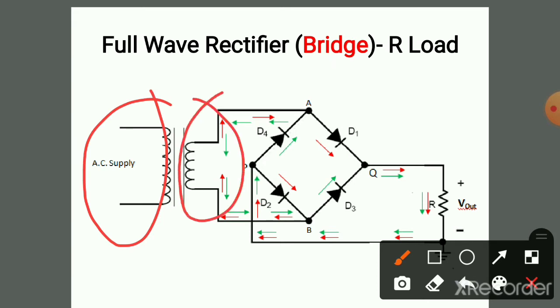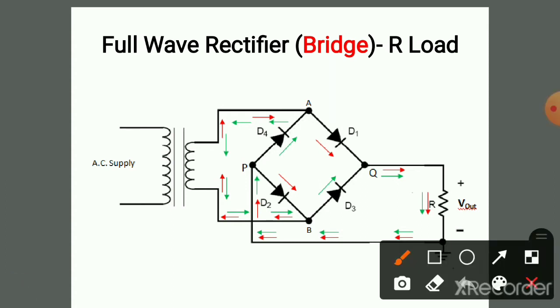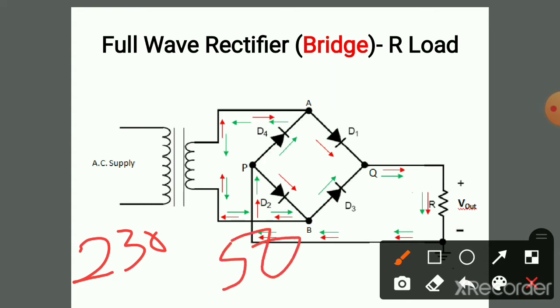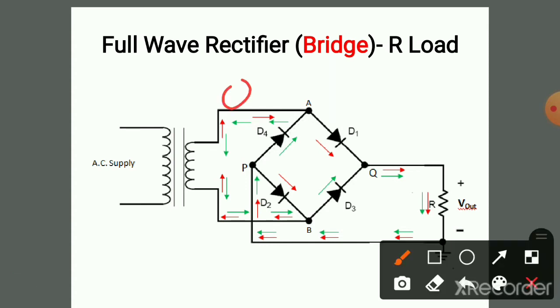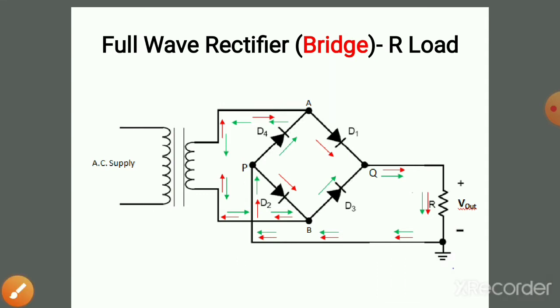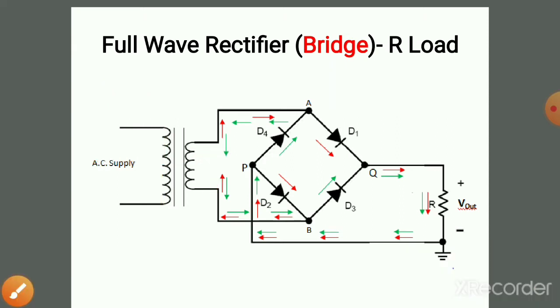The voltage which we are getting from the supply mains is stepped down using this step down transformer. Okay, now let us say it's a 230 to 50 volts step down transformer. So now at this particular point, we will be having 50 volts of AC supply. This AC supply is sinusoidal in nature, so AC is always in the sinusoidal form. So this sinusoidal AC supply is applied to the diodes here.